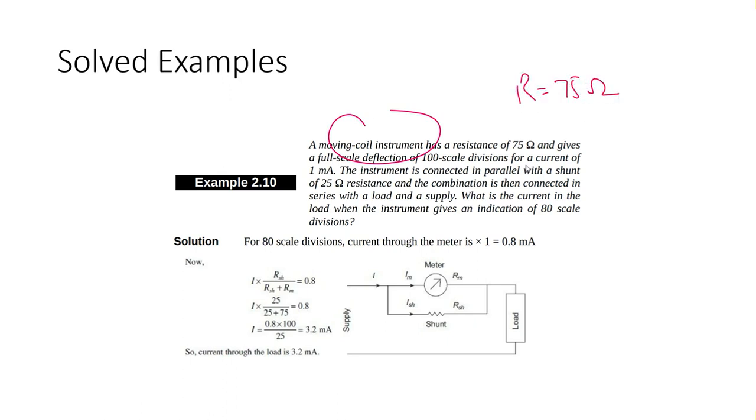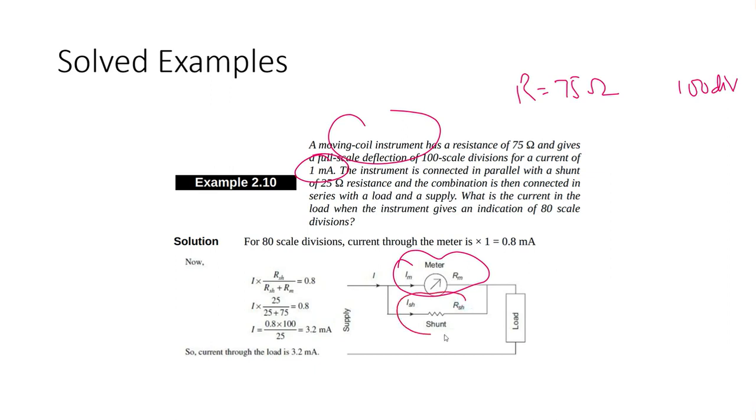So 75 ohm is the given resistance for a full scale of 100 divisions, and the current on the full scale is 1 milliampere. So 1 milliampere is the maximum bearing current at this branch. Okay, the combination is then connected to a series load. What is the current in the load when the instrument